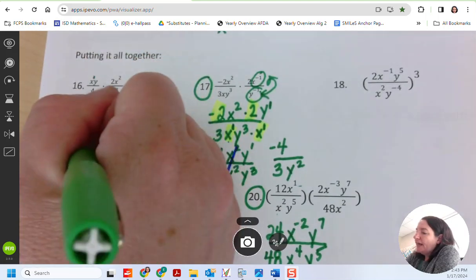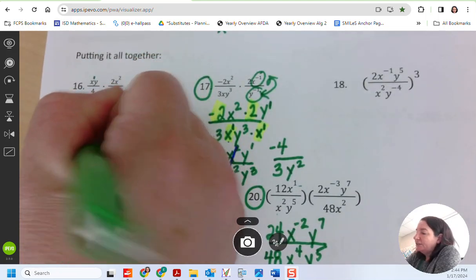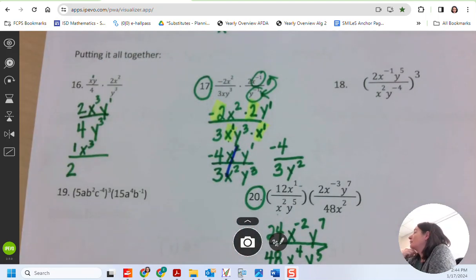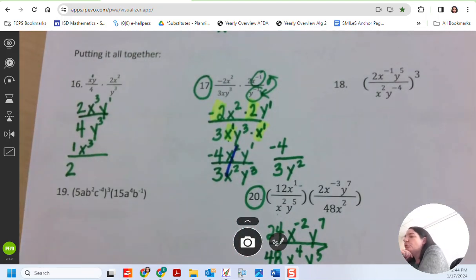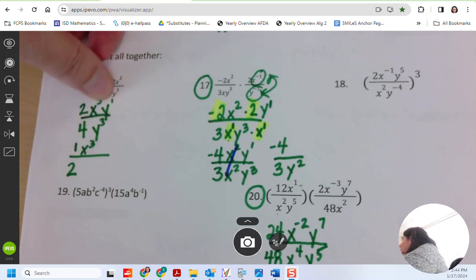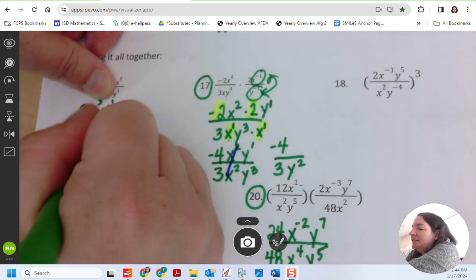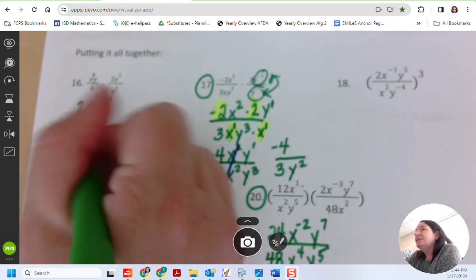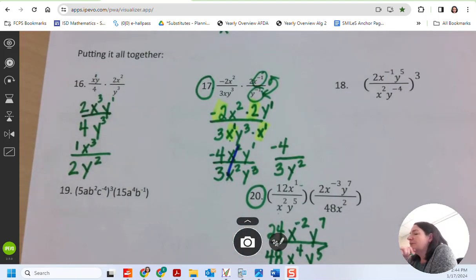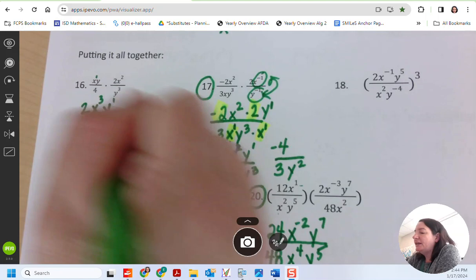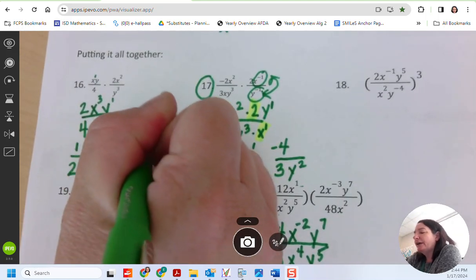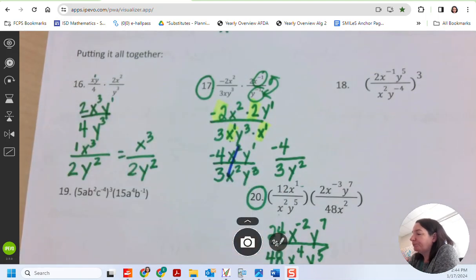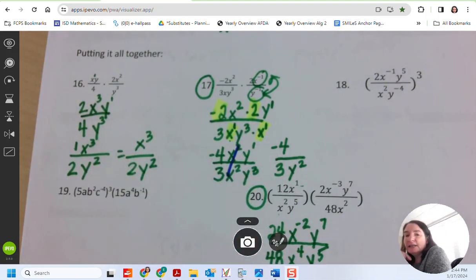This is the only x I have, so that's going to stay x to the 3. And do I have more y's on the top or on the bottom? I have more y's on the bottom, so I'm going to subtract 3 minus 1. That means my y's are going to end up on the bottom, y squared. Now this answer is perfectly acceptable to me, but sometimes Delta Math, instead of 1x to the 3, just wants you to put x to the 3. And then 2y to the 2. Okay? What I think I'd like us to do